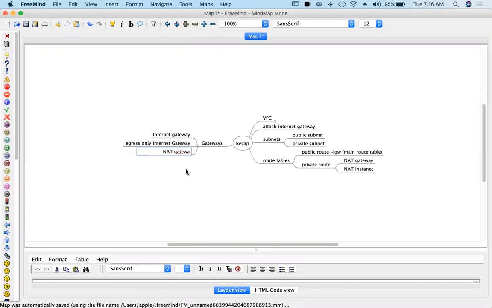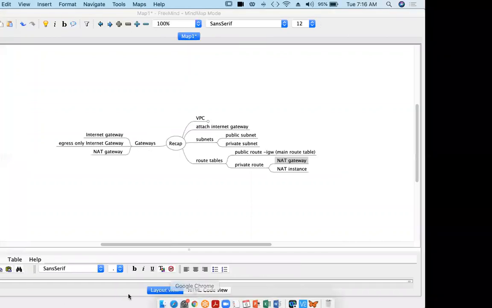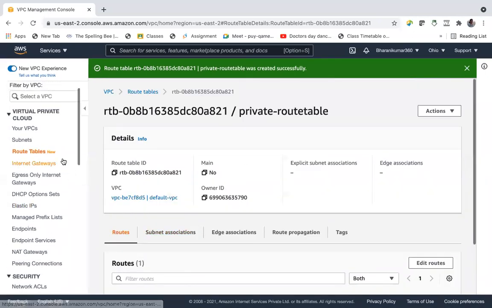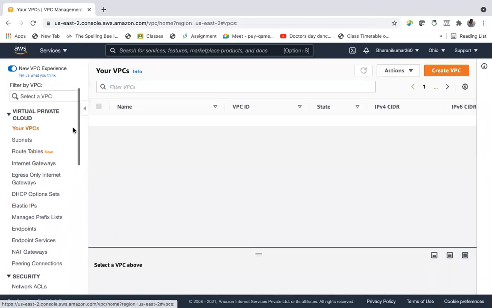So NAT gateway, where it is used: NAT gateway is used for private instances, for private subnets, to give them internet access. So let us go and configure one NAT gateway. We have already chosen VPC.